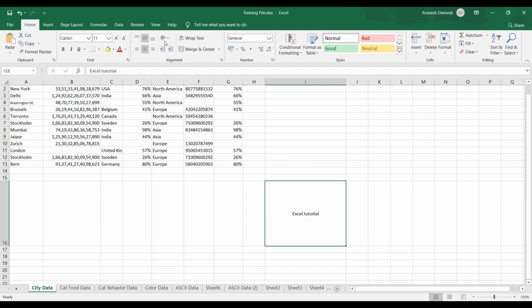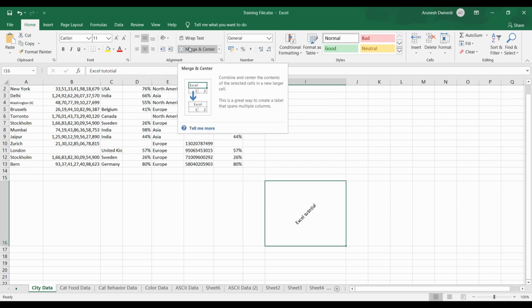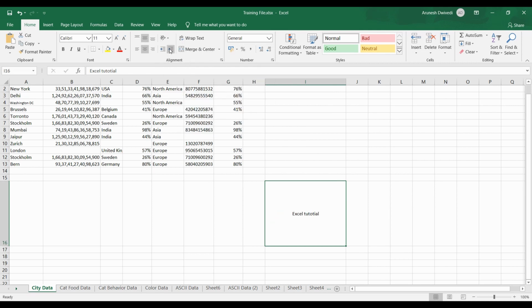Next is, how can we make my data slant? That's, how can I rotate the data. Click on this and you can choose the angle. And that's how you can choose the alignment. You can make it vertical. You can make it vertical upside down. You can make it simply like this, where the entire text will be vertical. These are different ways in which you can align your data. So I'll make it horizontal again.